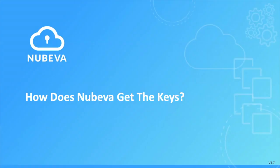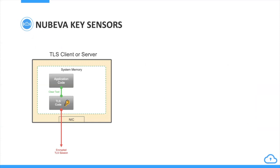So how do we get the keys? It's probably the next big question as we present this. People, once they kind of grok that, they say, okay, I get what you're doing. How do you do it? How do you really do it? So I'm going to peel the layer back one level that we haven't before. So hopefully this will be new for y'all. So this is